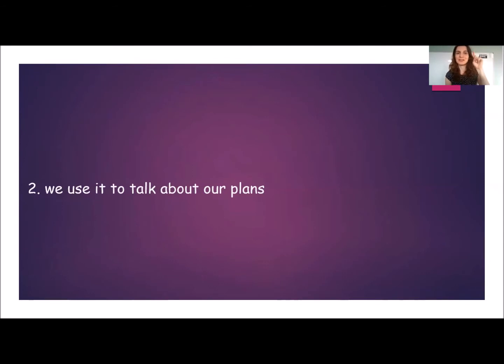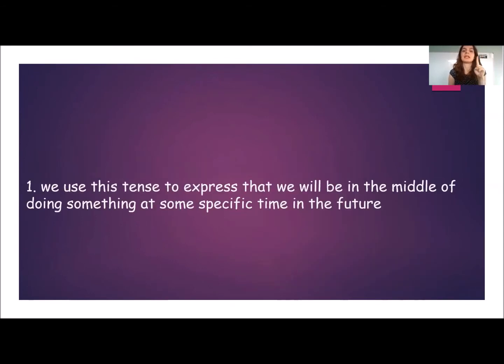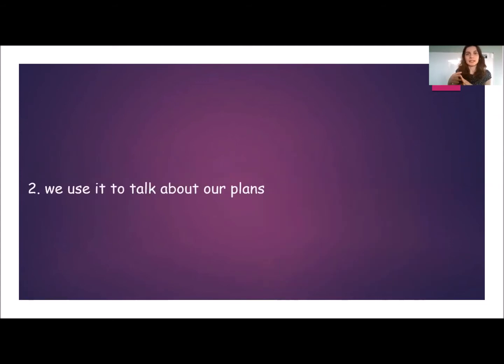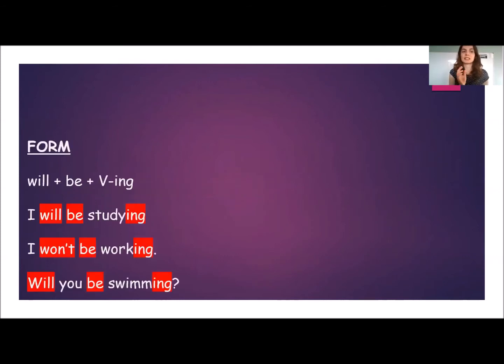All right? So the first situation is when I want to express that I will be in the middle of doing something at some specific point in the future, right? Like this time tomorrow, I will be doing something, right? This time tomorrow, let's say that now it's 6 p.m. here. So this time tomorrow, I will be teaching. Yeah, I will be in the middle of teaching my lesson, right? And so what will I be doing tomorrow? Well, my plan is to teach. So I can say, I will be teaching tomorrow, right? It is my plan for tomorrow, right? Awesome, guys.